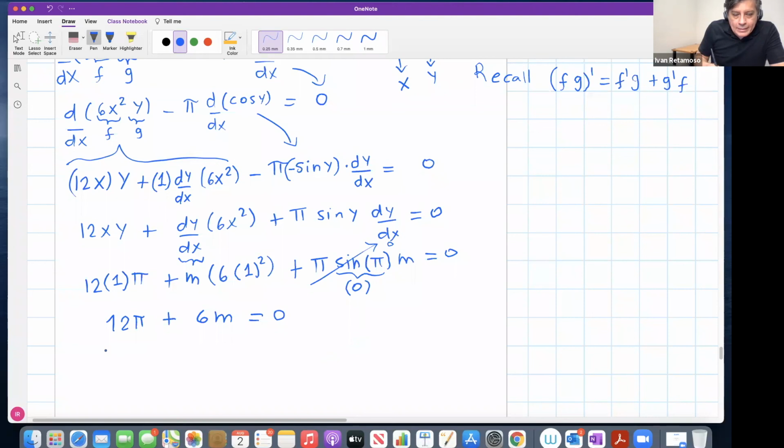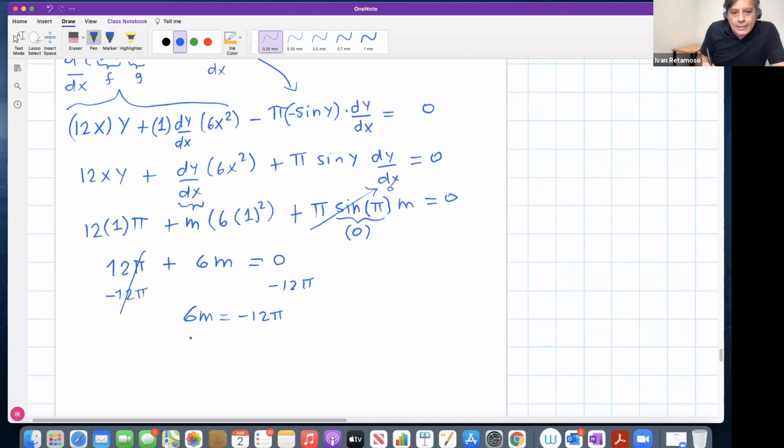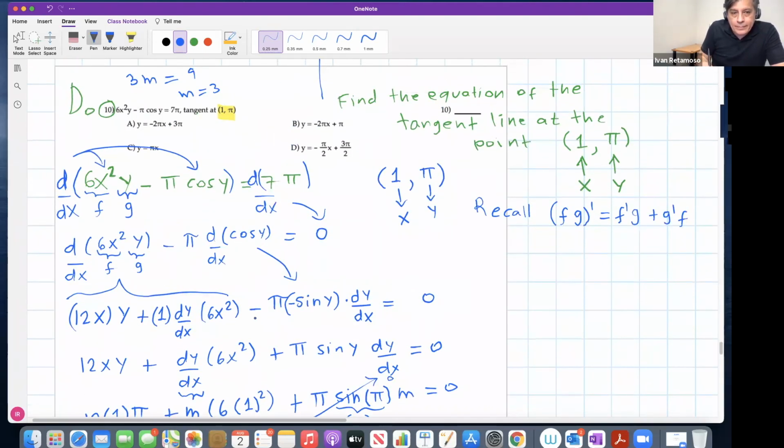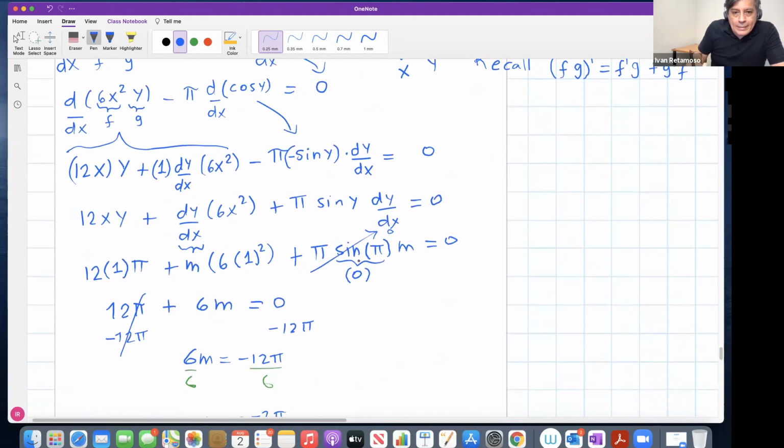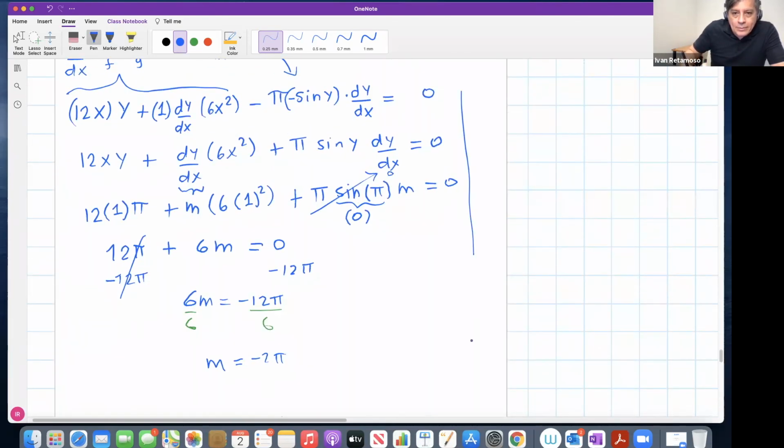Now we can subtract 12 pi in both sides. We get 6m equal minus 12 pi, divided by 6 both sides. The slope, believe it or not, guys, is just negative 2 pi, right? That's the slope. Good. Now, but it doesn't end there because they want you to compute with this slope, negative